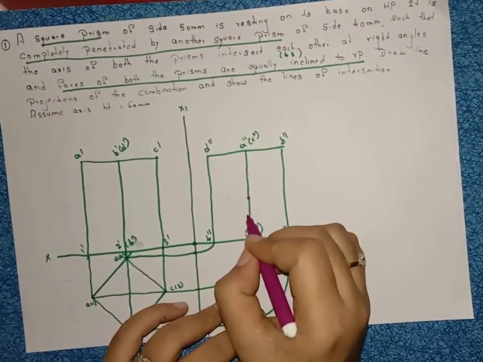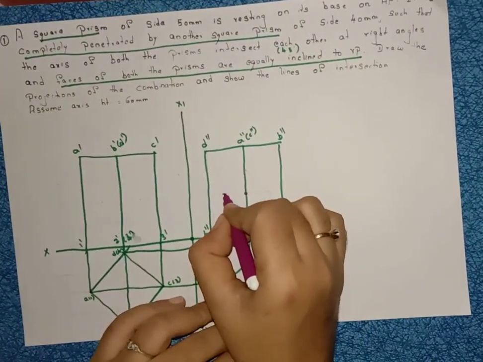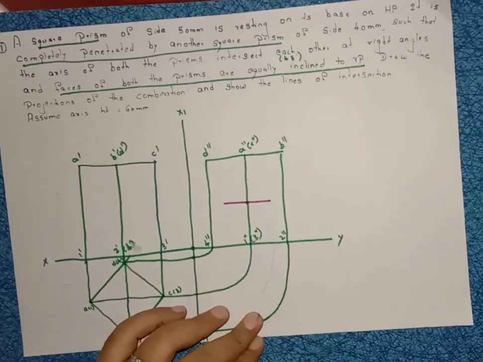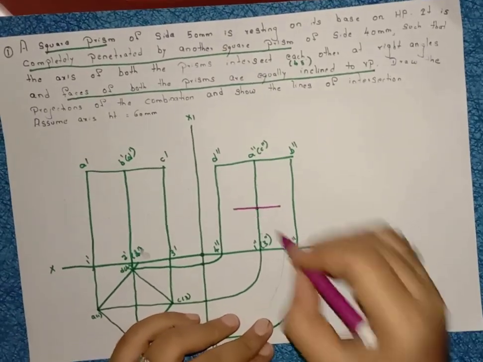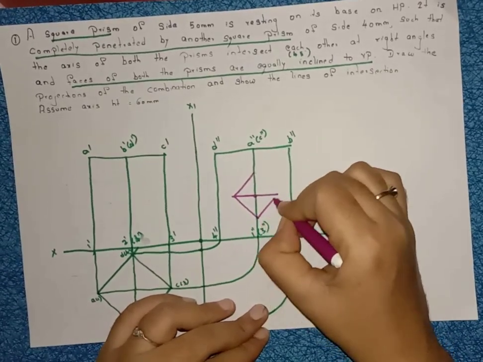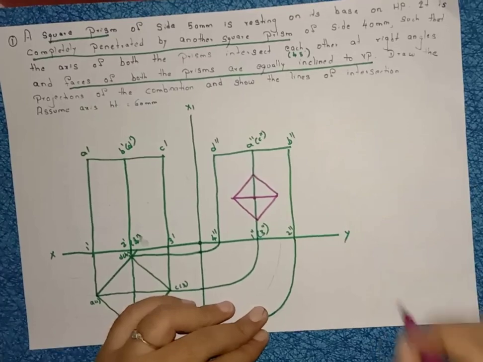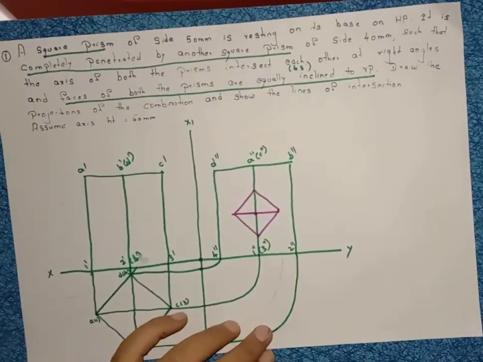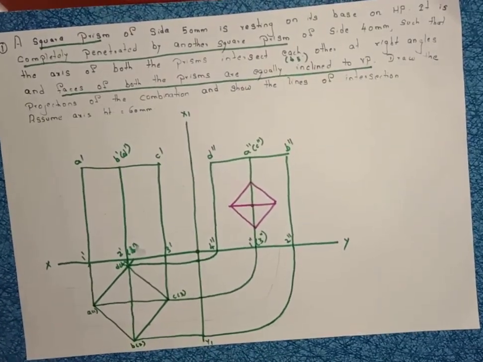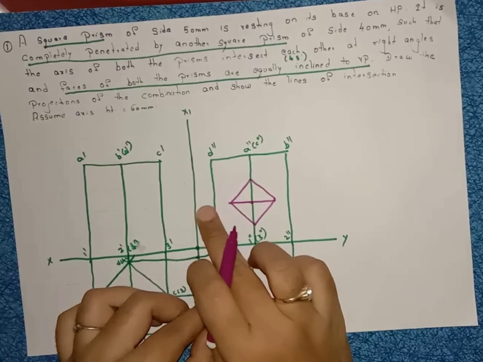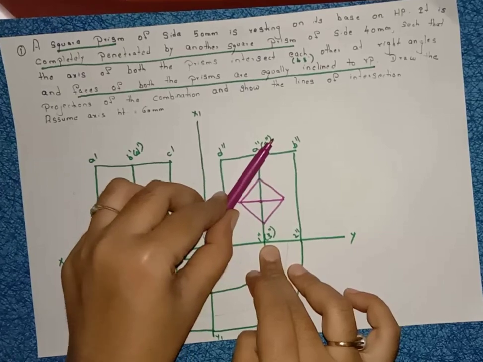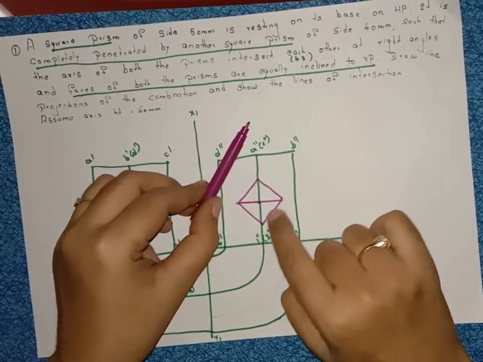So how to draw that one? See, just draw one straight line, 40 mm. Right, square length is 40 mm, 40 mm, 40 mm and 40 mm. All sides of the square are 40 mm. It should look like a square. Right, so you know how to draw this one. Mark the midpoint, first draw the vertical line. Just keep your scale like this and see where 40 mm meets. This length should be 40.